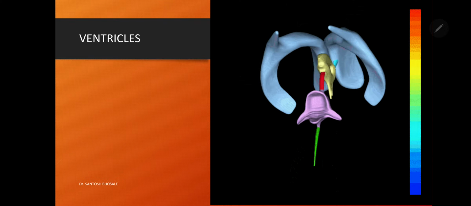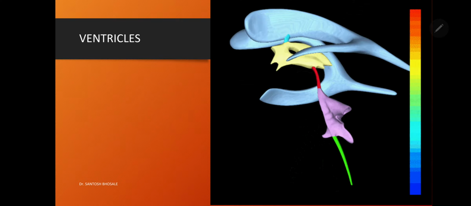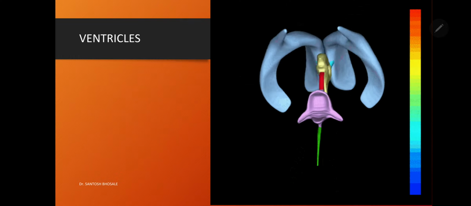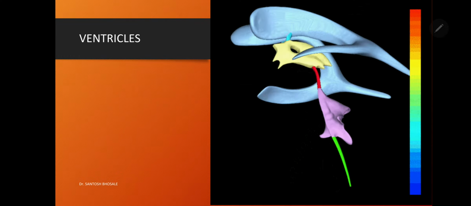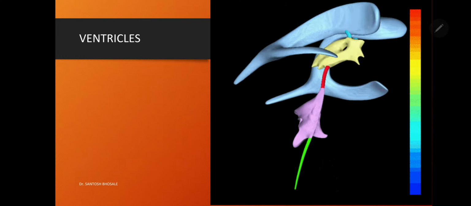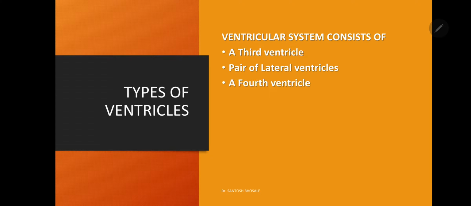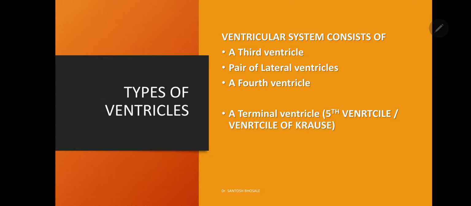So all these ventricles of the brain communicate with each other, and also with the ventricle of the spinal cord, which is also called the terminal ventricle or fifth ventricle. So we have seen the different ventricles: the third ventricle, a pair of lateral ventricles, a fourth ventricle and a terminal ventricle, also known as the ventricle of Krause, and all are connected in series by communication for the circulation